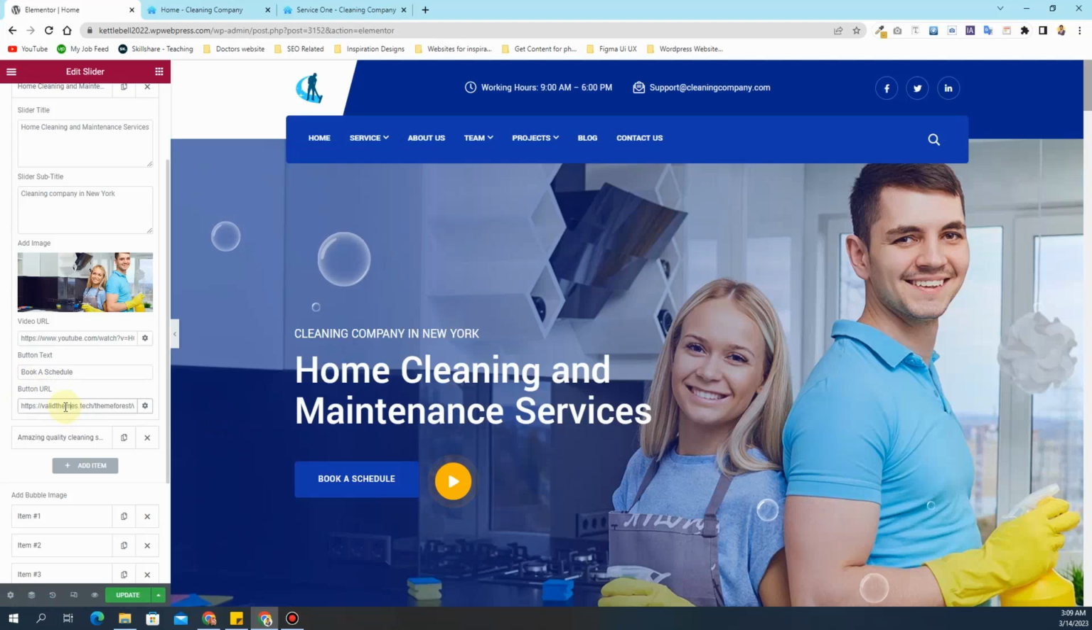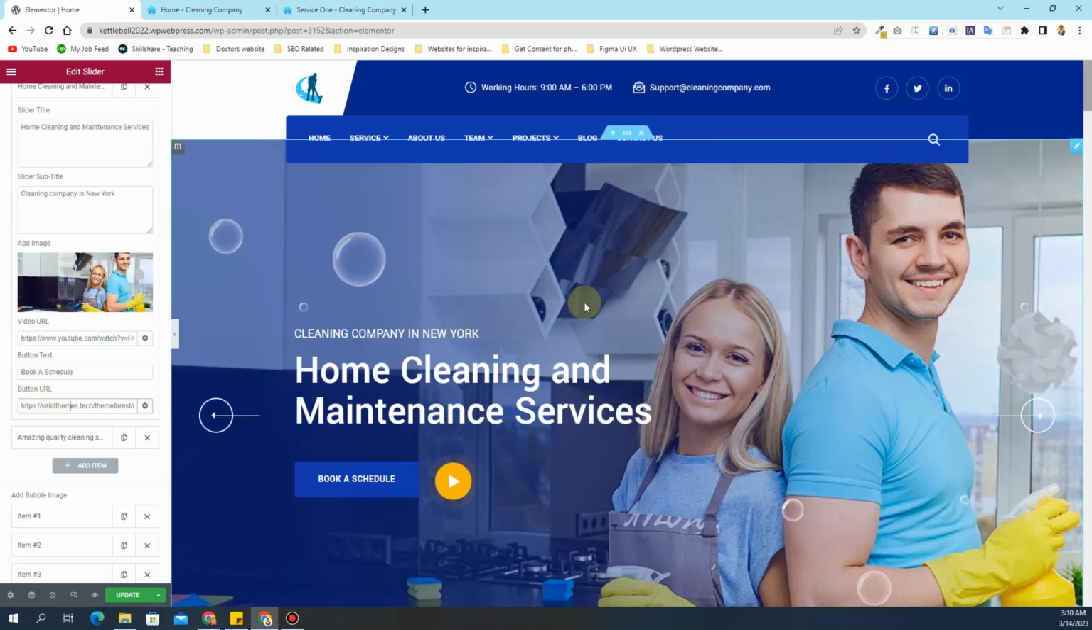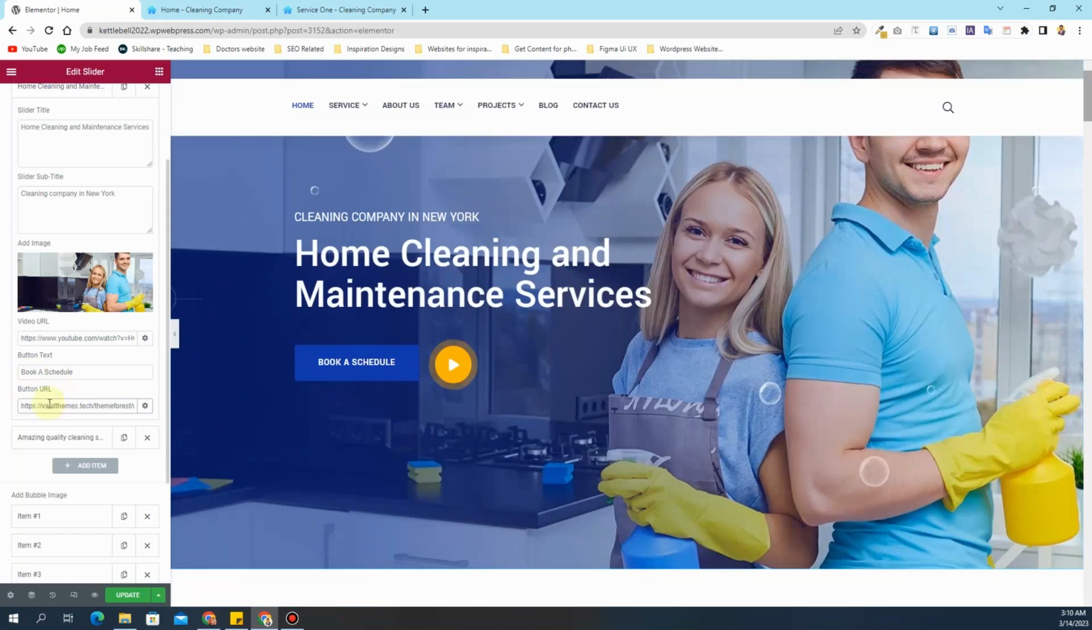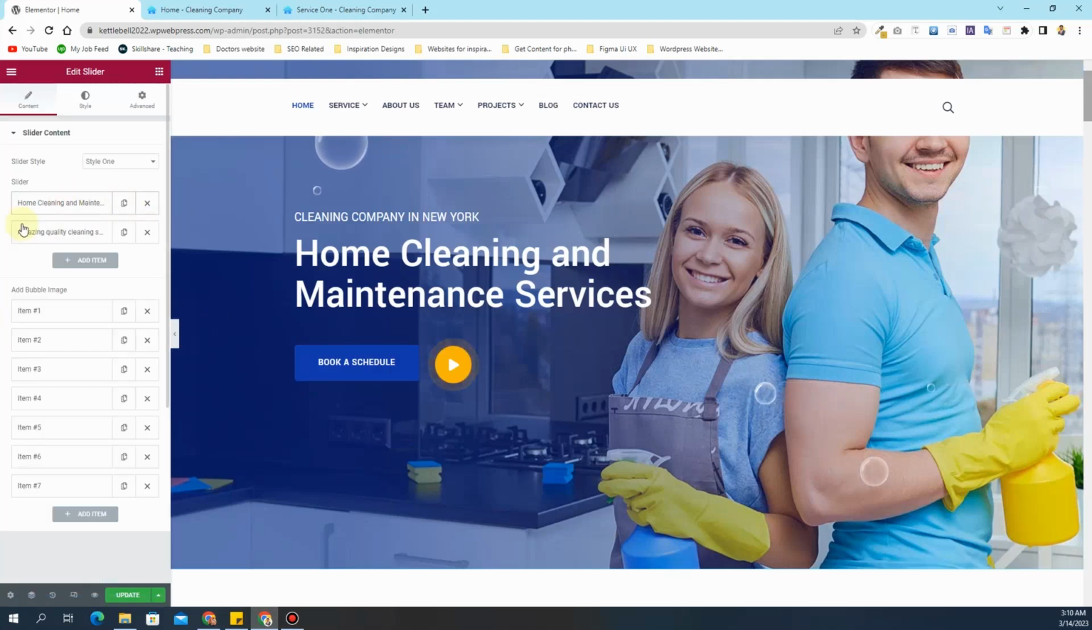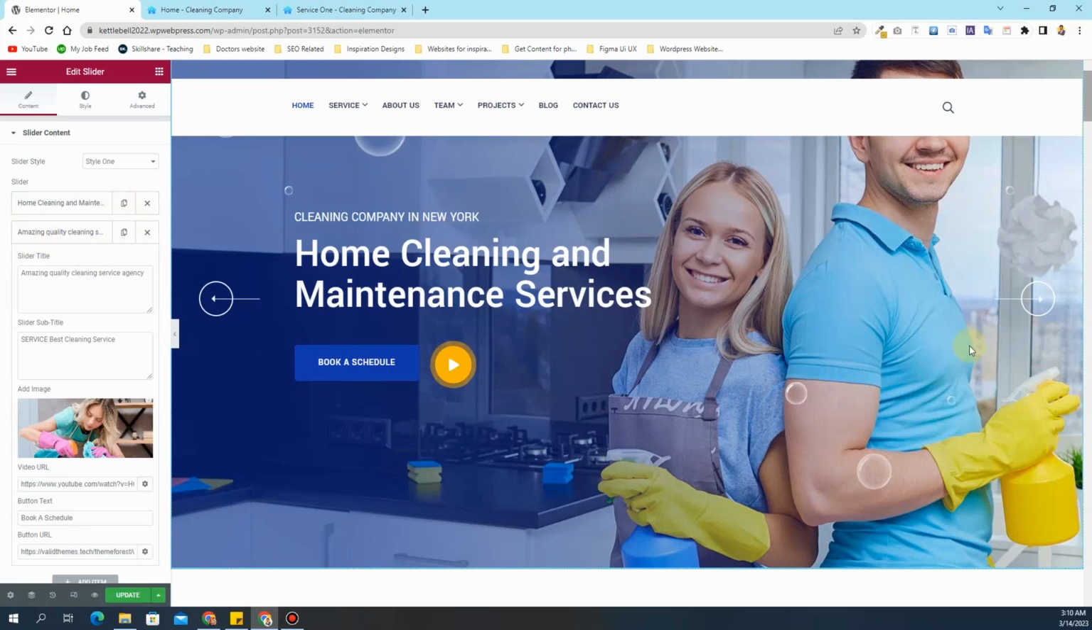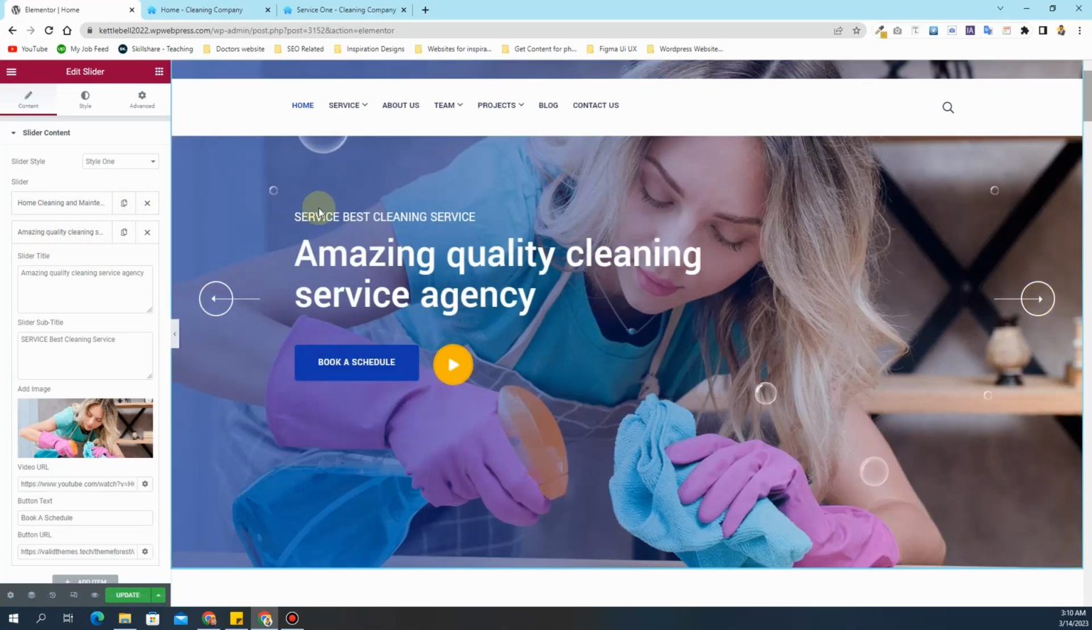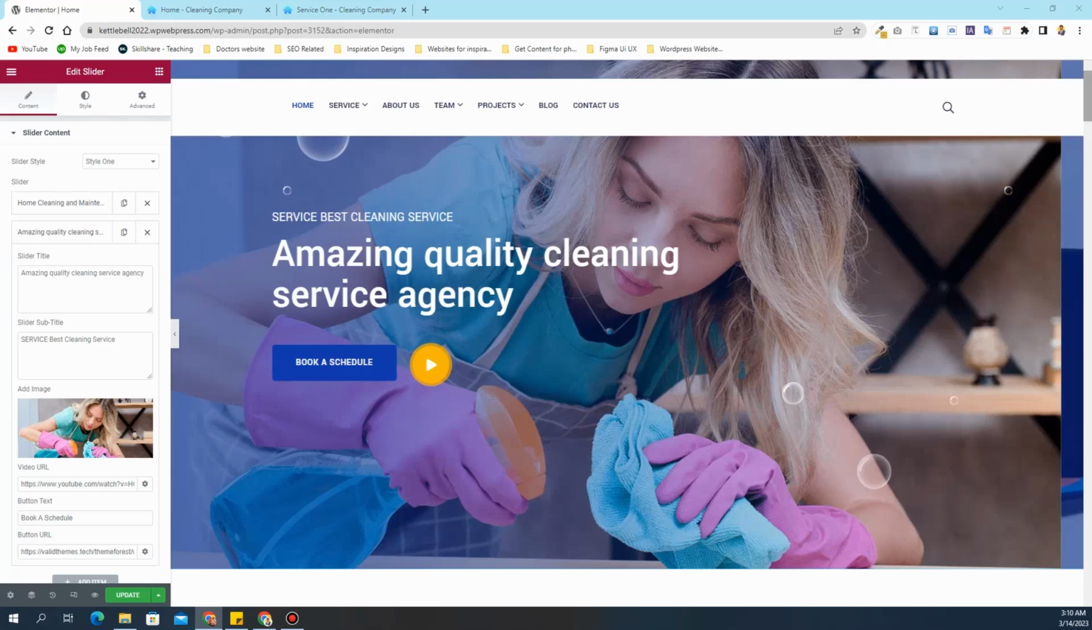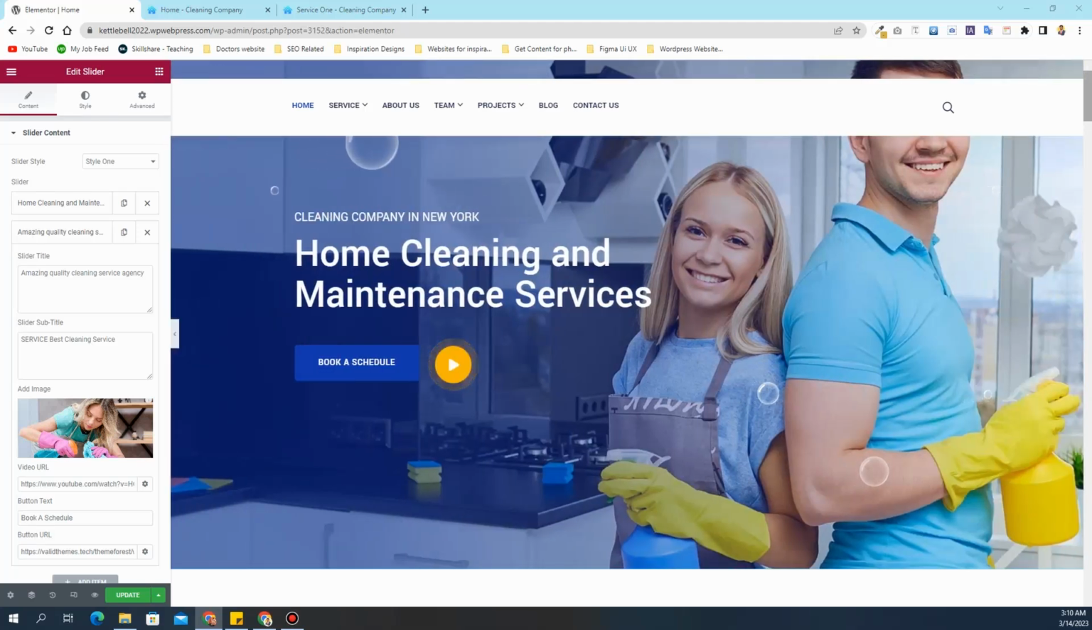And then in here you can change this button URL. We'll be changing this button URL in a few minutes when we create an appointment booking page. So I want to keep this empty for now, and I want to keep this book a schedule button, and then I will choose the other slide. So this other slide right here has this option. So I made this one home cleaning and maintenance, and now this time I want to use a different kind of title for this slide. So for this slide maybe I can use